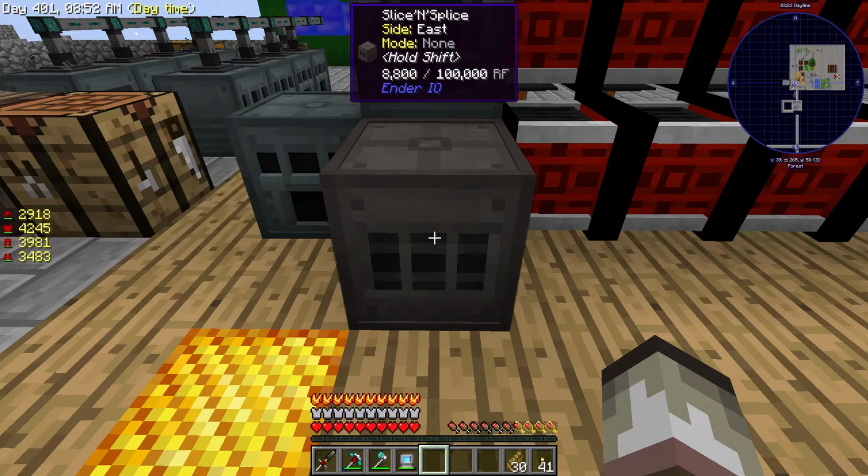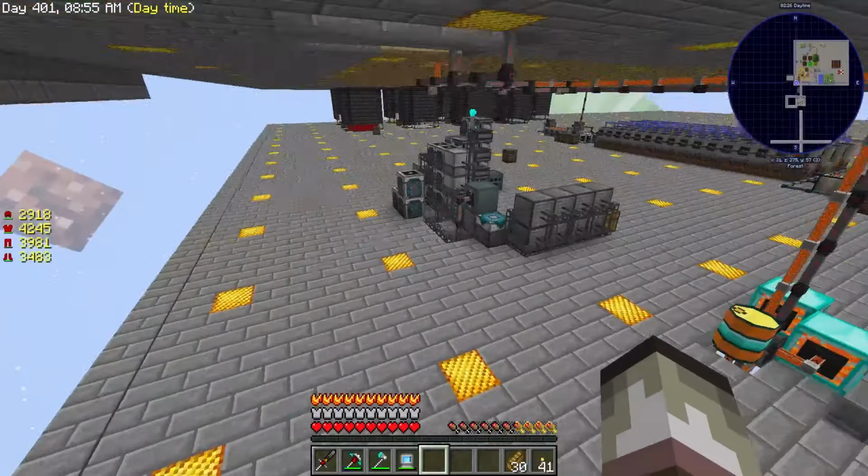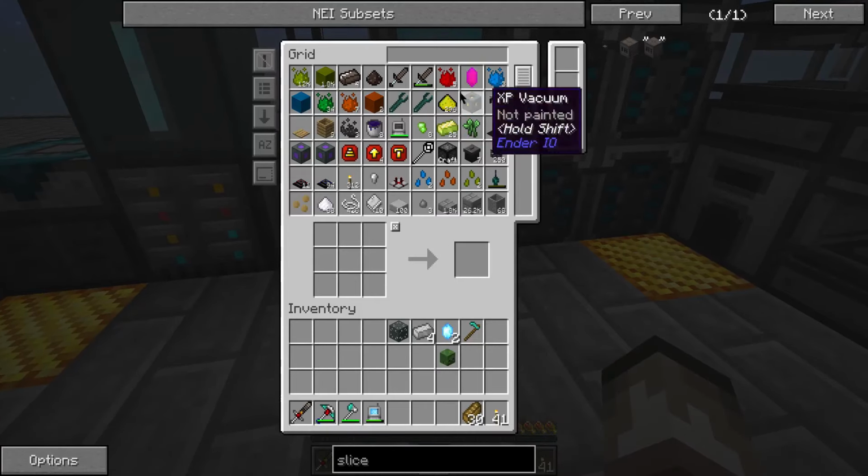So we're going to also need, it looks like, an axe and shears. Now, does it matter what type? Because if it doesn't, then great. But